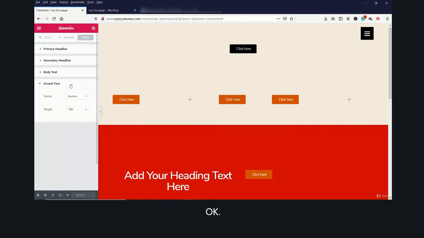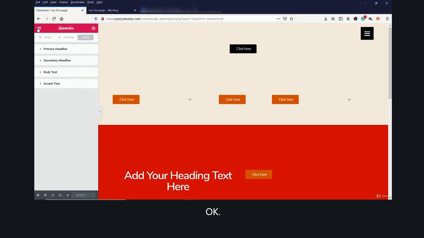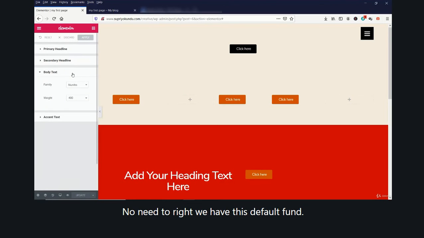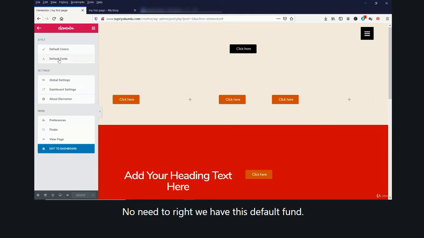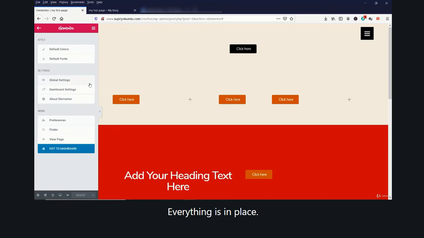You can also manage the weight: accent text, body text, secondary headline, primary headline. So that's it. We have changed all to Nunito. We have default fonts, we have default colors, everything is in place.